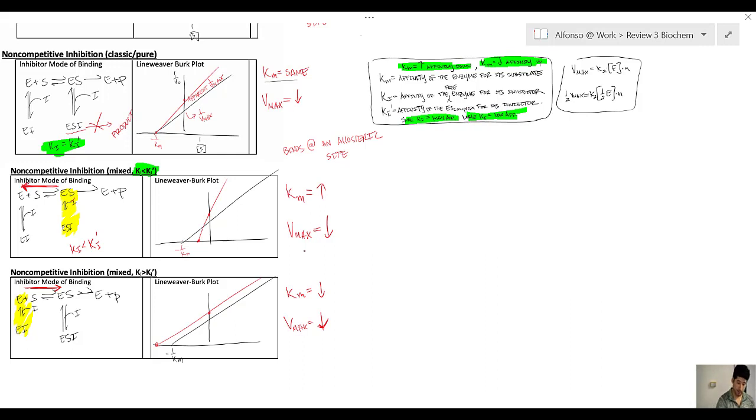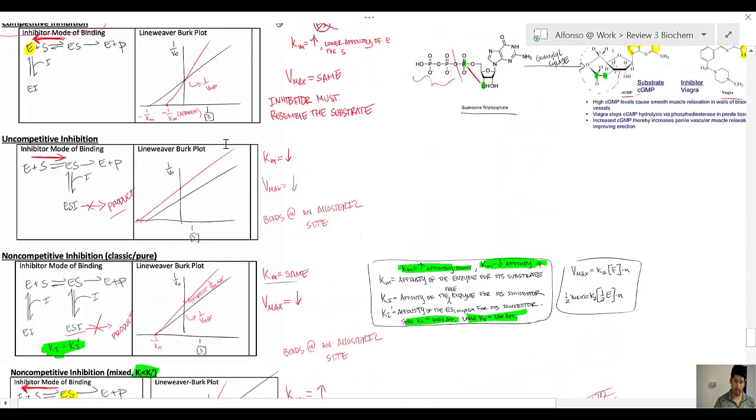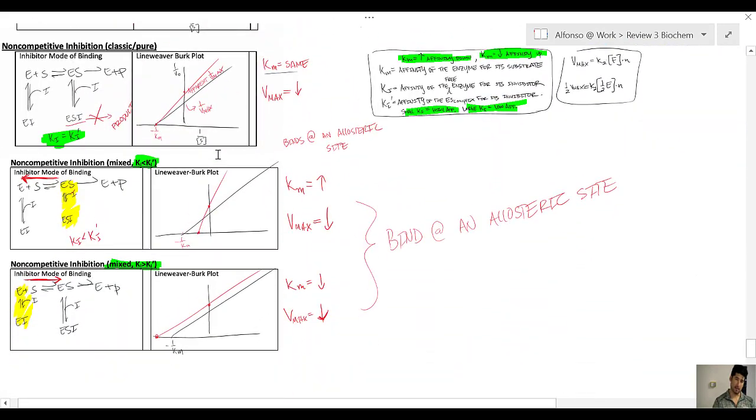Okay, so that's what a non-competitive mixed inhibitor is for Ki being less than Ki prime and for Ki prime less than Ki. And they all bind at an allosteric site. Okay, so for your exam, you should be able to look at all of these Lineweaver-Burk plots and say,